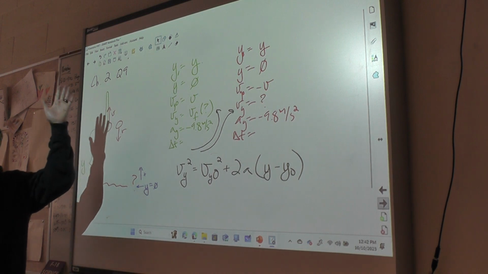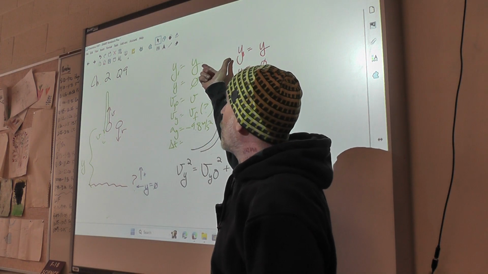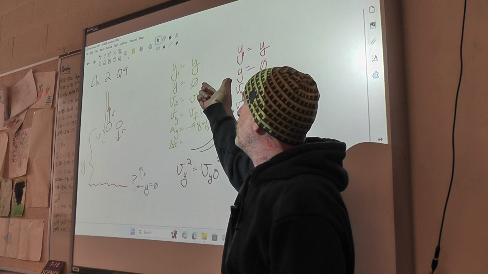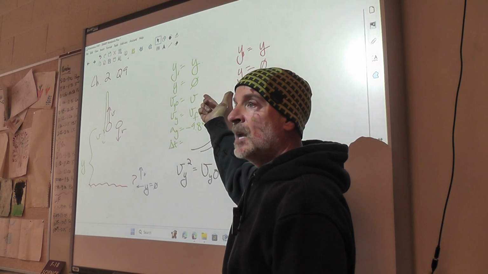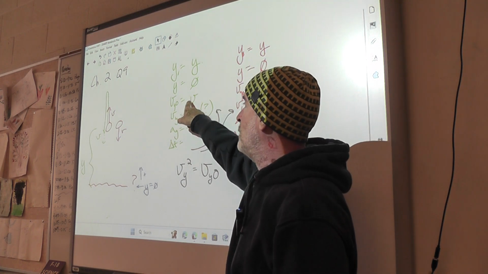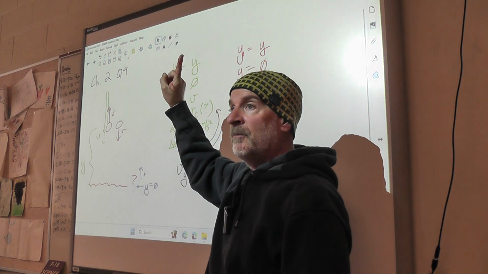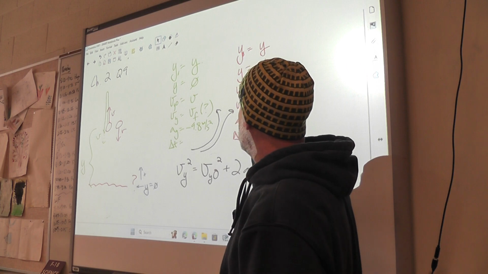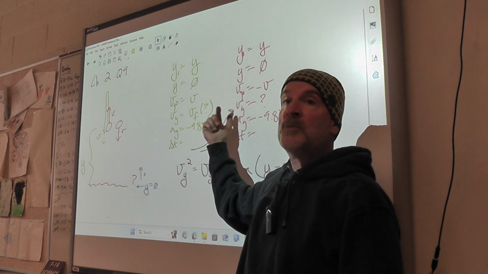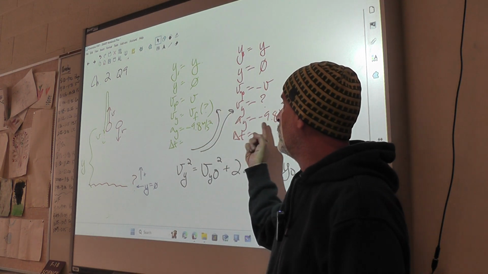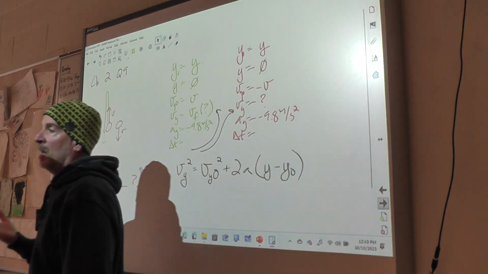And then I went through and I did a variable inventory, and it turns out for both of these objects, they start at position y. As they're moving past the observer, they're at position 0. Their initial velocities are the same in magnitude but opposite in direction. So I just said, well, whatever that is, it's v, that magnitude. So one has a magnitude of v in the positive direction. The other has a magnitude of v in the negative direction. We don't know the final velocity for either one of them. That's what we're trying to find out. They're both in free fall the entire time. So they have an acceleration of negative 9.8 meters per second squared, negative g.